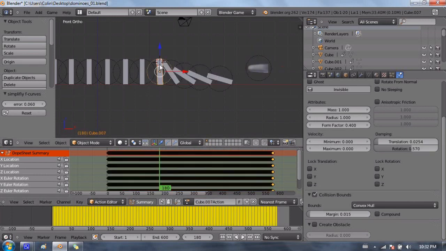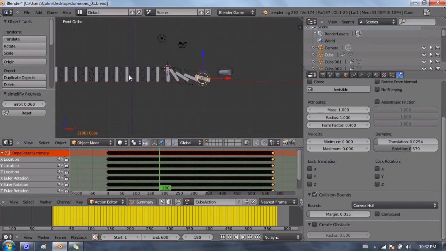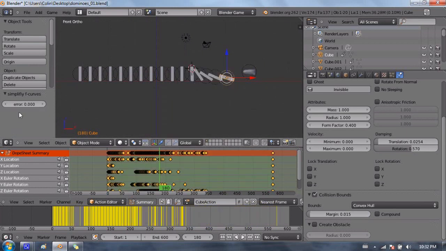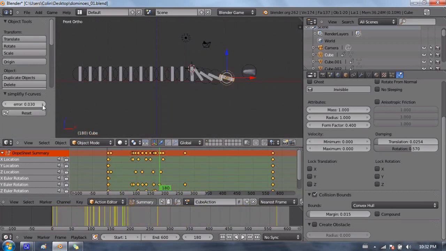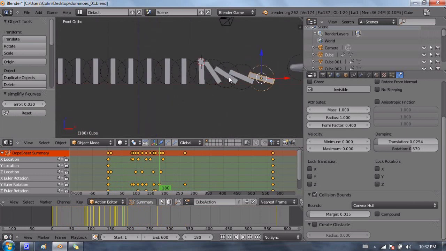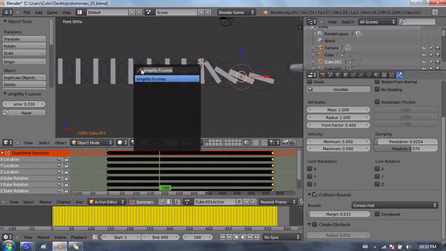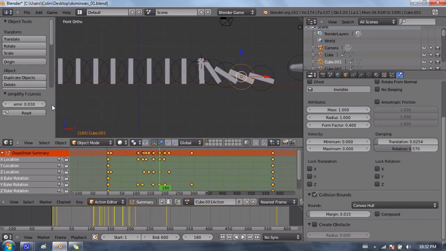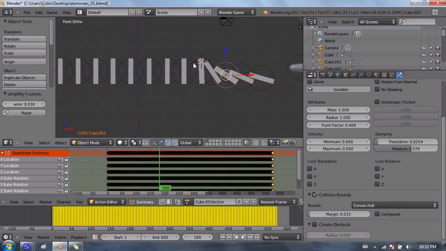with all the dominoes. So we're going to have to go through each one of these dominoes and simplify the curves. So I'm going to press spacebar, then press Enter because it knows what I searched for last time. I'll press reset and then turn it back up to 0.03. Go to the next one, spacebar, and press Enter because it knows what we just searched for. Reset, 0.03. So I'm going to pause the video now, and I'll come back when I've finished doing all these